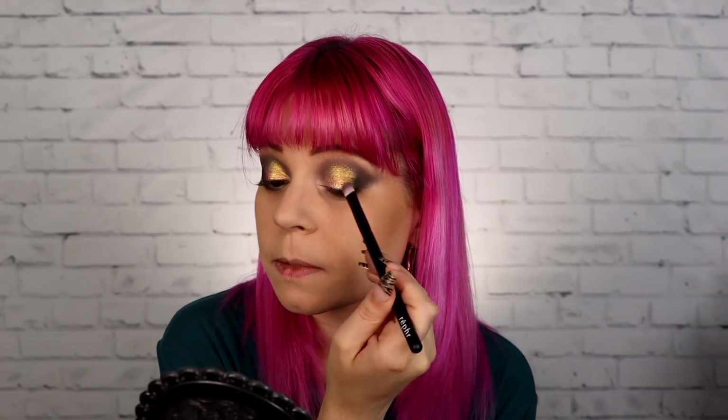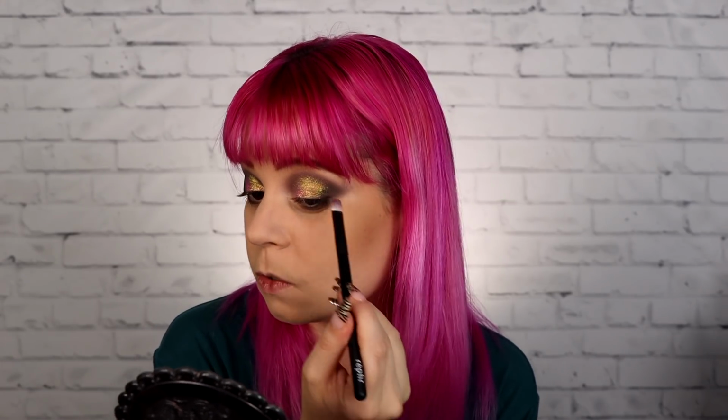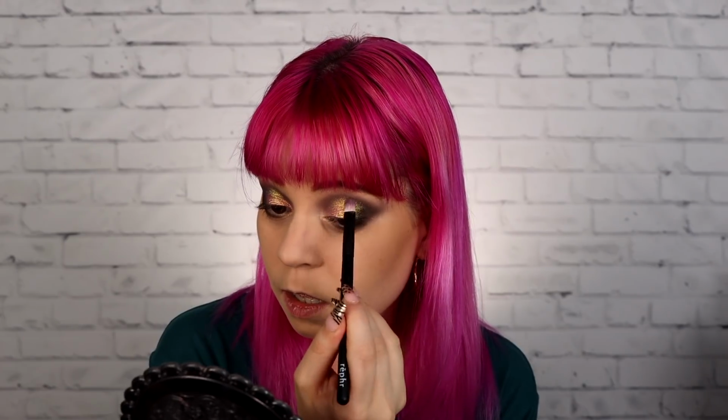I don't know if it's because I'm pairing it with neutrals, but it's almost like turning into a neutral multi-chrome. I wonder what would happen if I paired this with a blue crease. I wonder if the blue would really come out because I feel like it would. Can I maybe put another shadow just in the outer corner here so we can try one more of these? I'm not really sure what that would be though. What about...